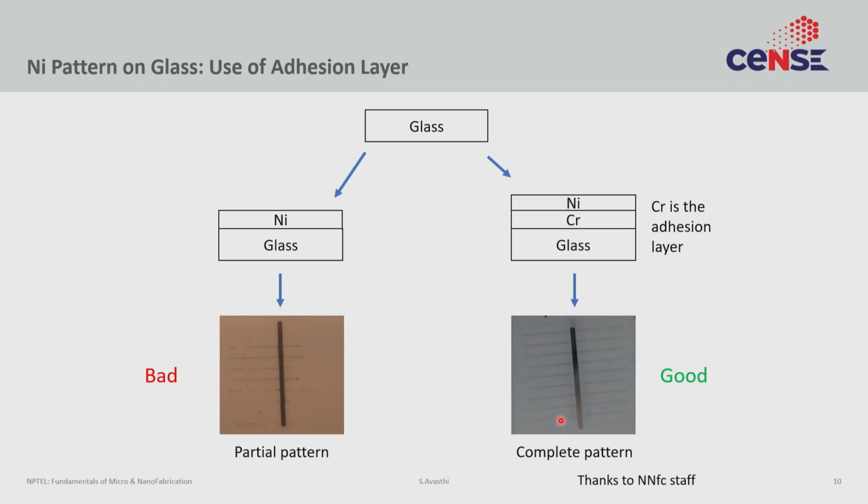Titanium does the same thing. And that allows you to deposit nickel on glass through this very thin chromium layer. So the chromium can be very thin, say 10 nanometers, maybe even thinner. And then you get perfect registration, you get perfect patterning. There is no peeling off. So again, things like this, with experience you can pick up, and you can do upfront to make sure your device run is successful.